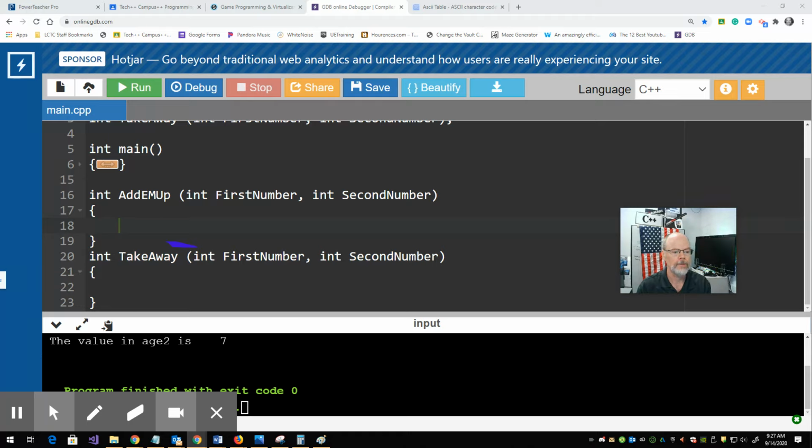Someone just caught the fact that I have this under takeaway. What I'm going to do now is copy this and paste it up here. The only difference I need from takeaway is I need to make that a subtraction. So that's a spoiler, that setting up more than one function, if they're very similar, can be as easy as